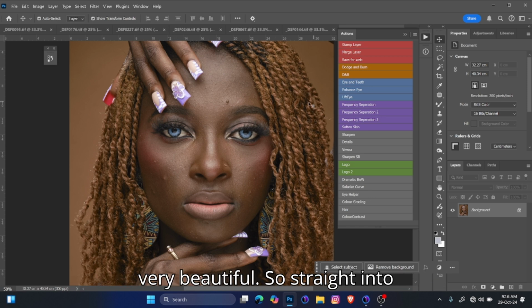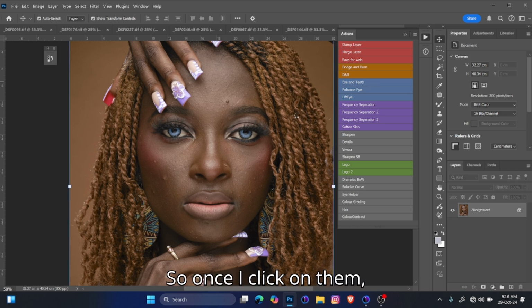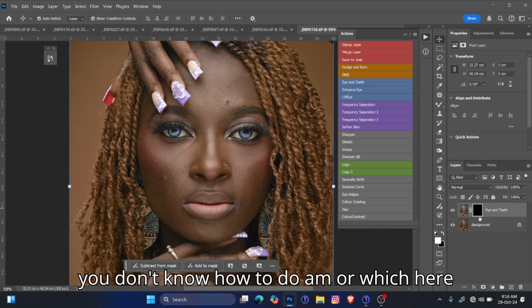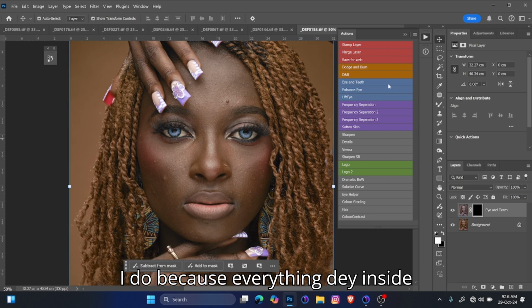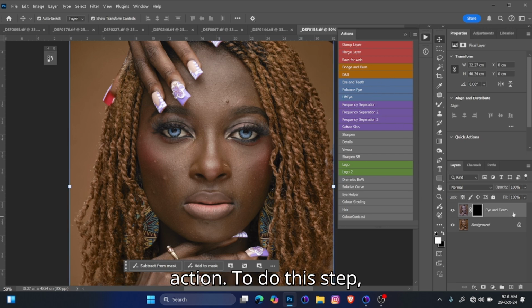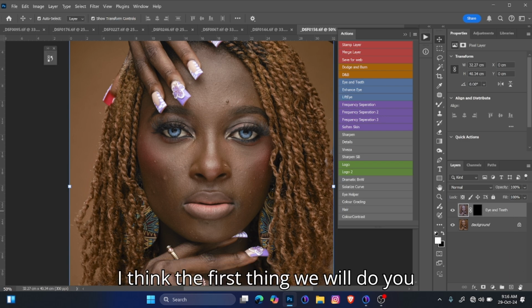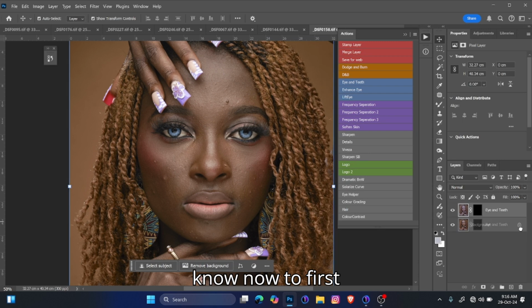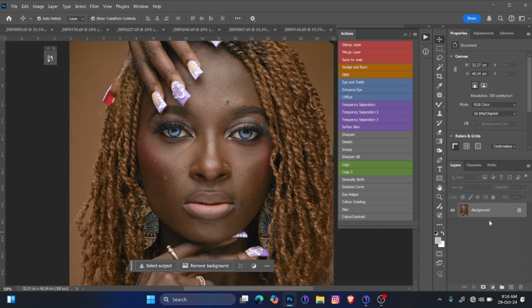So straight to the point, I will use my eye and teeth technique, or this action here, okay? Once I click on it, it will create that action. But if you don't know how to do it, or what I do, because everything is inside the action, to do this step, the first thing you will do is